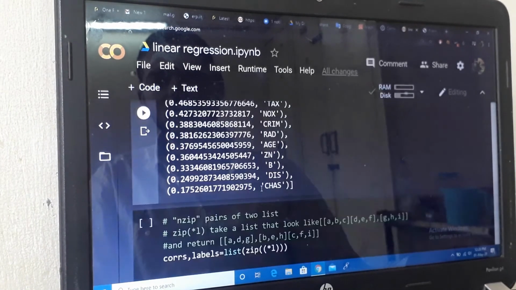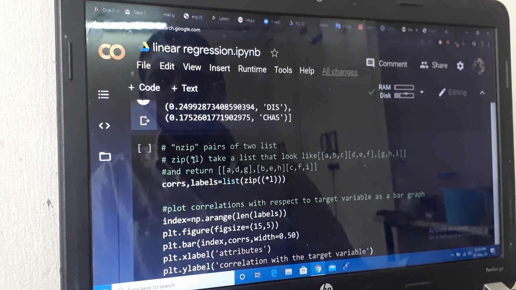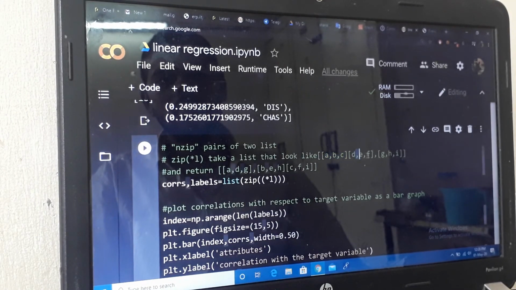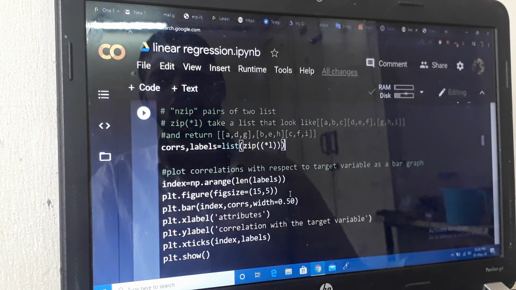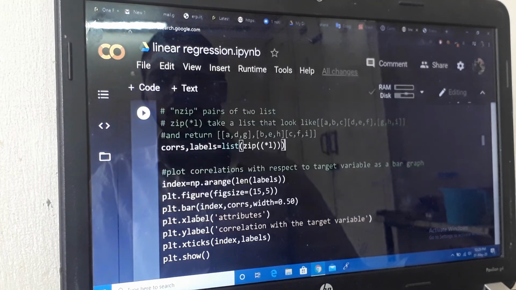Okay. If you want to unzip, then you can unzip the pair into two lists. This is an example of a list in the form, or label list zip. This is plotting the figure, so I want to plot in the form of a bar chart, bar graph.